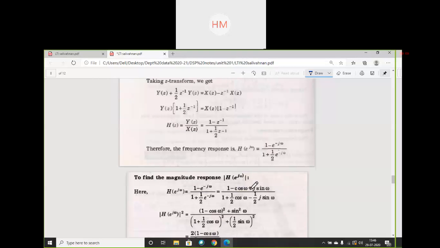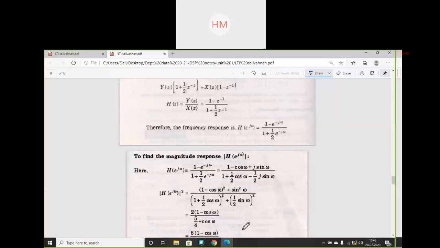of this equation, I have to find the magnitude. I am finding the magnitude square here. So I will get (1 minus cos omega) whole square plus sin square omega. This is my real term, square of real term plus square of imaginary term. Similarly, square of real term plus square of imaginary term. Simplifying this in your copy, you will get cos square omega plus sin square omega, which is 1, and in the middle will come your cos omega. So this equation you will get after simplifying.